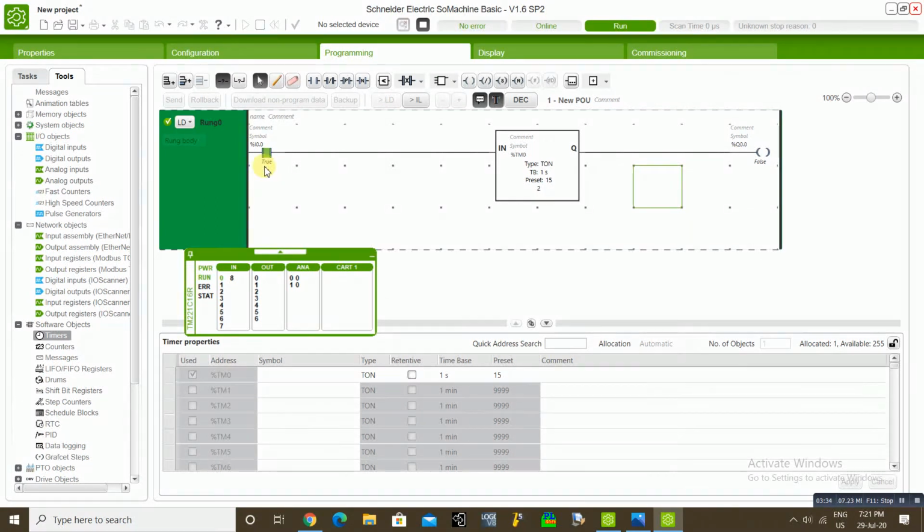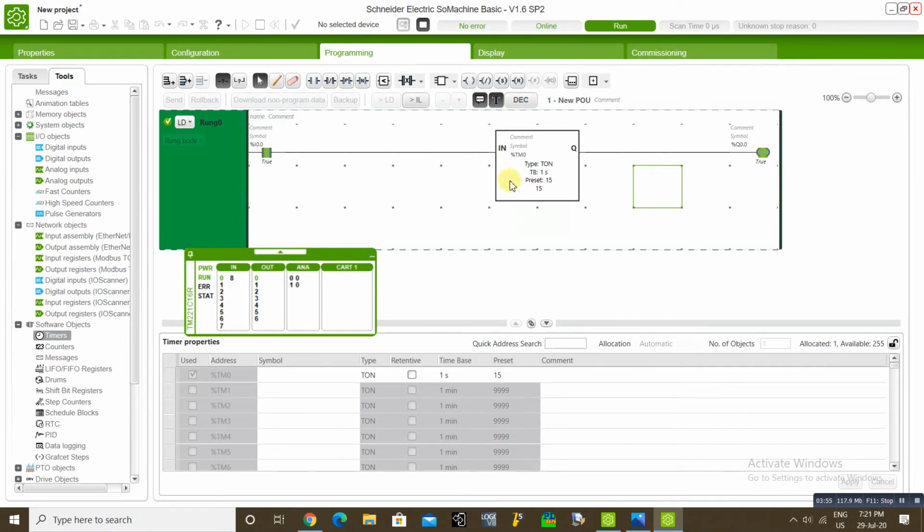You can see once this input is enabled the timer started counting. Our preset time is 15 seconds. So 11, 12, 13, 14, 15. On the 15th second it enabled the output. So this is on delay timer.